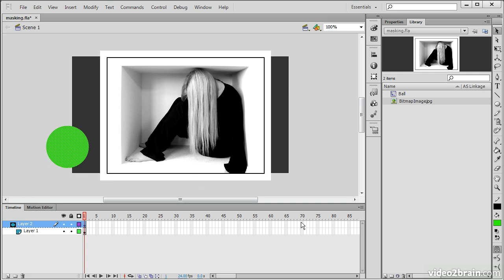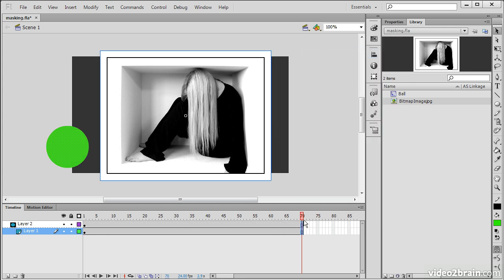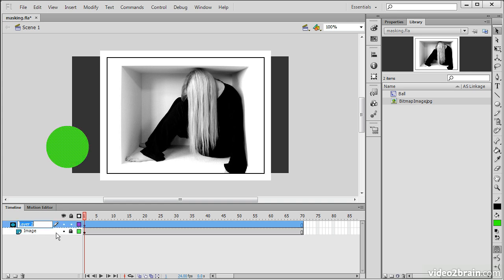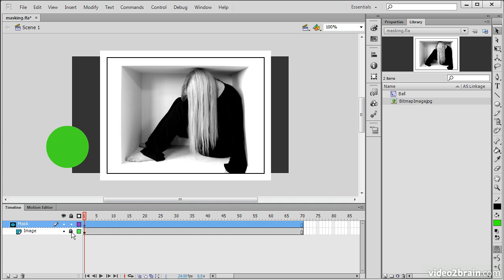So let's travel to frame 70 here, and I'm going to insert frames across to frame 70. So now we have at least something set up for animation. I can actually lock down my image layer, and best practice dictates that we should name both of these layers. So now that they're both named properly and I have my image locked down, I can go ahead and create